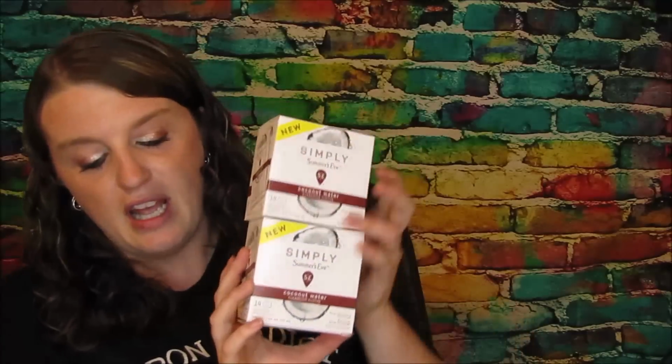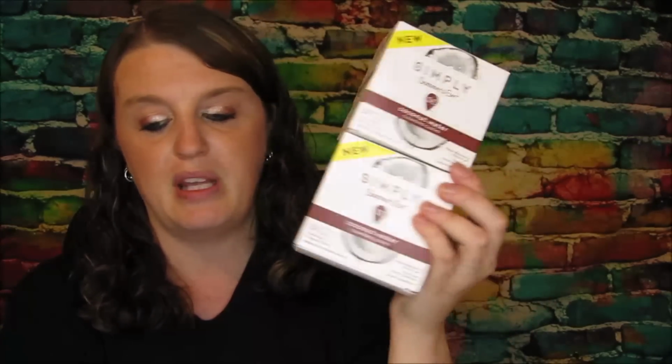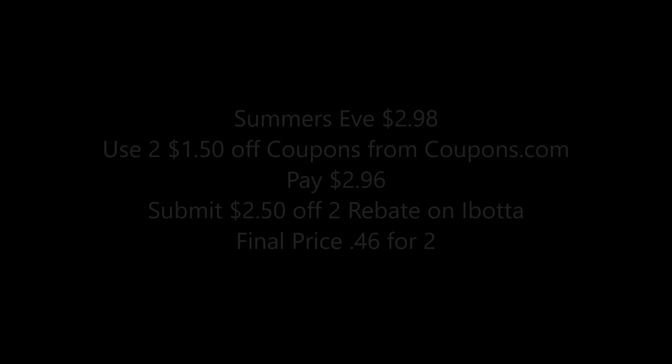I ended up getting the Summer Eve Simply. Now these were $2.98. You guys want to use 2 of those $1.50 off coupons that popped up on coupons.com. You guys would have just paid $2.96 for these. But then you guys can submit a $2.50 rebate on Ibotta for buying 2 of them, making the final price for these just 46 cents. That comes out to be just 23 cents a piece. So if you guys are interested in stuff like that,